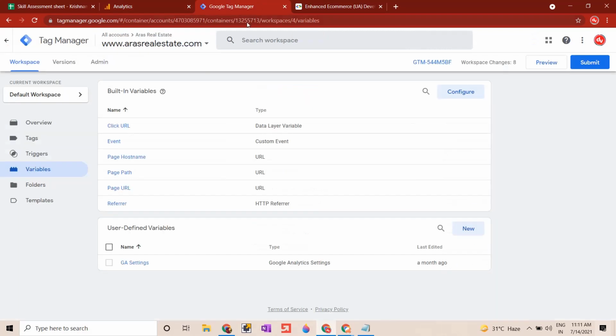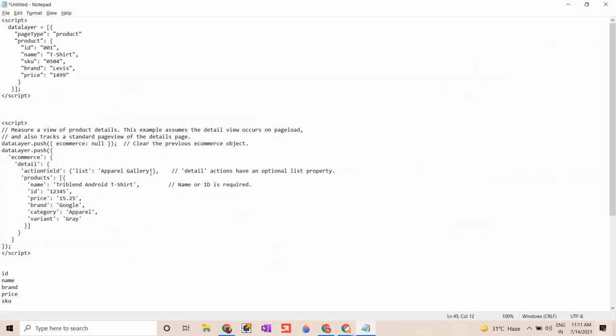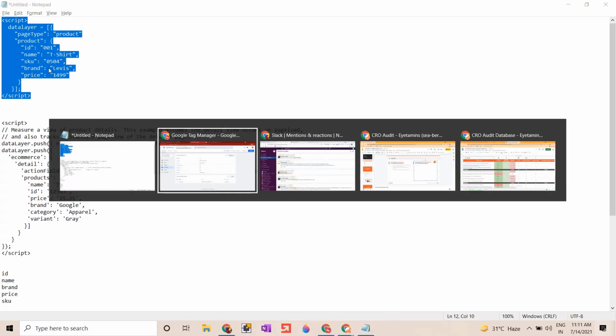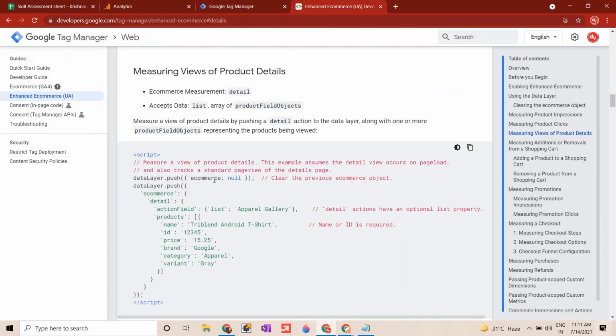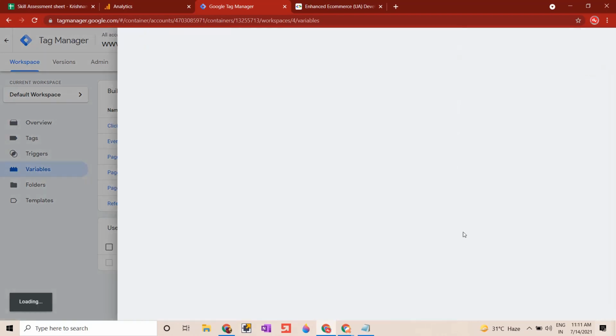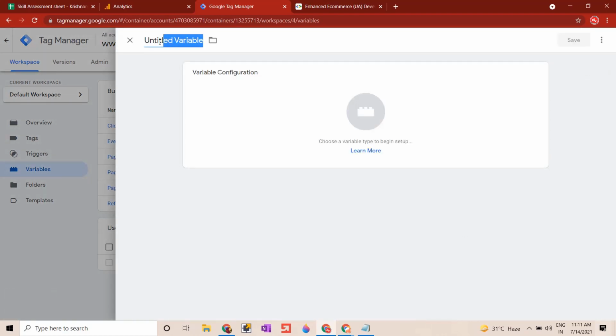Now on Tag Manager's end, what we need to do is first of all, suppose, all right, so let me show it to you. Suppose this is the data layer format, which has already been implemented on my website. Now, how do I implement this to match with this, right? That is where the game is. So what we do is we first of all start creating variables for this. So we need to create, say, different variables for, let's call it, data layer dot product dot name,